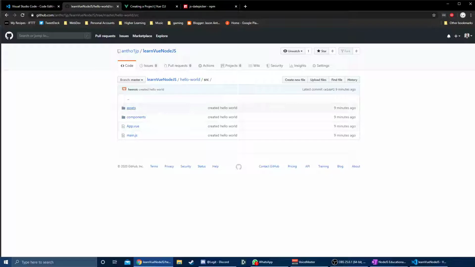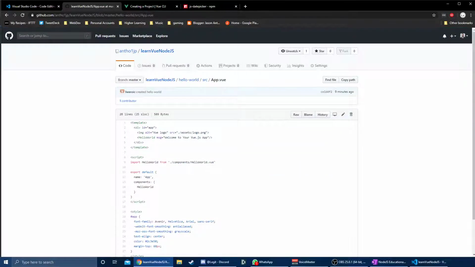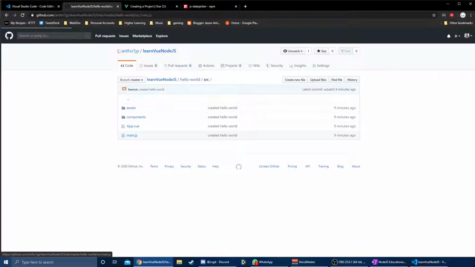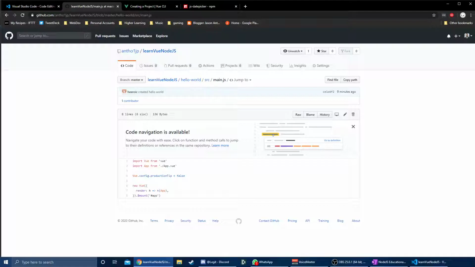So we got our two main files. One is the app.vue file and another is the main.js file. Now your main.js file is your main JavaScript file that basically starts the program. So in here, you're going to have all of the imports of different kinds of